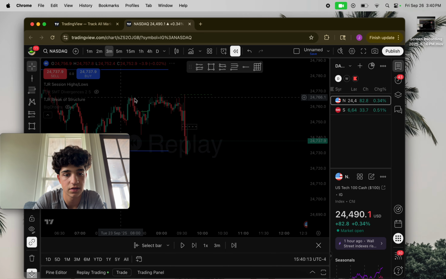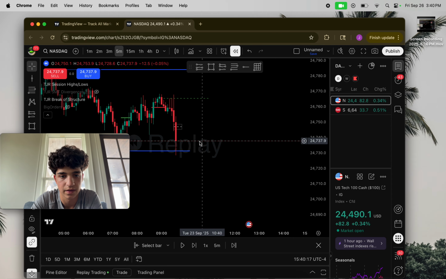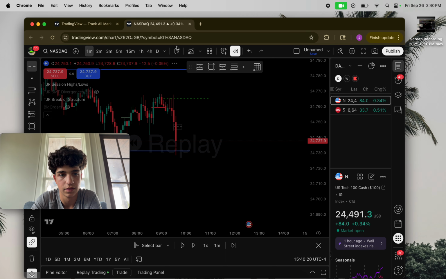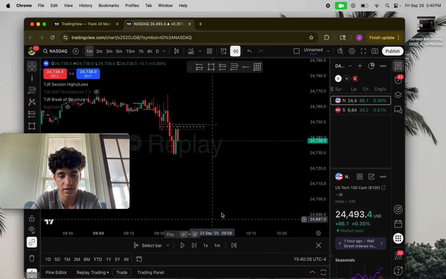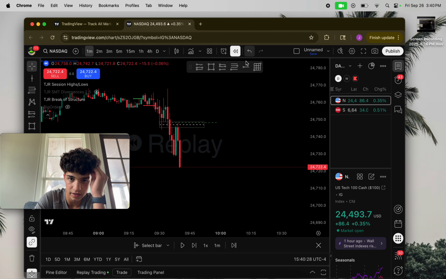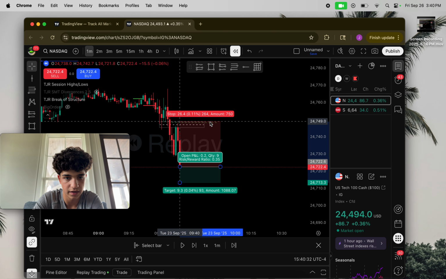Go to a 3 minute. Higher time frame, higher power whenever it comes to fair value gaps, by the way, guys. Remember that. Okay, so just a 2 minute fair value gap, and that counts just as much as any other kind. So as you guys can see, it gets respected very well. And until we get a continuation break structure, what can we do? Enter on that candle closure,